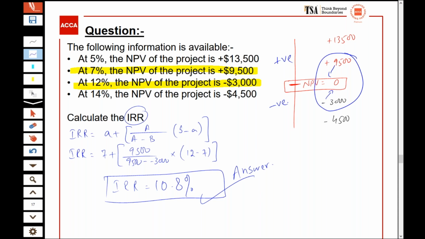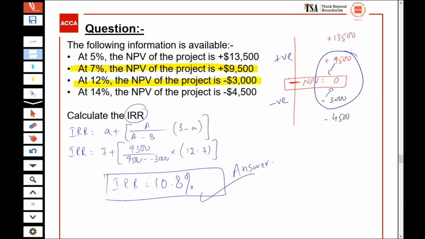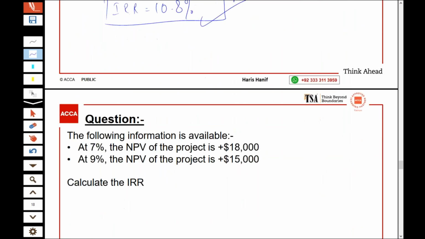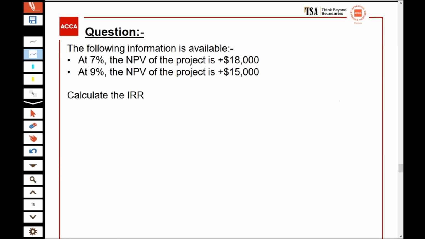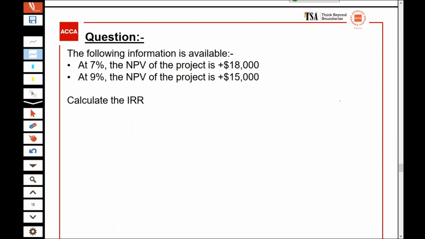All right. So let's now move on to the next question. See what is the next question. Why I have not emphasized on the positive and negative figure, why I have emphasized on the higher and the lower figure. See, at 7%, the NPV is 18,000. At 9%, the NPV is plus 15,000. That means